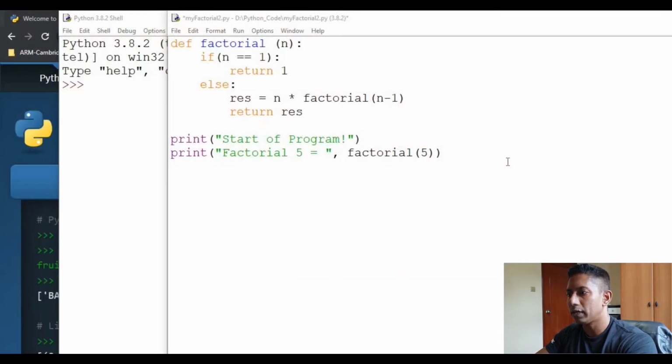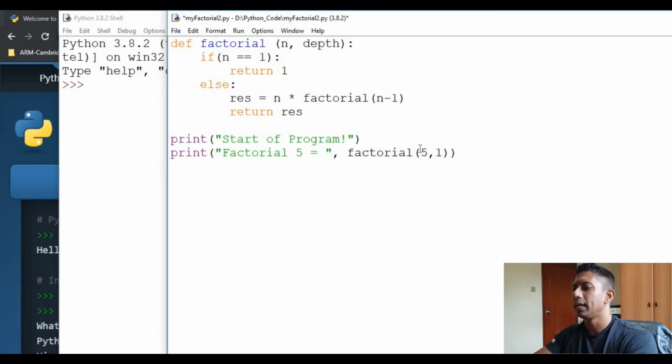So this is our factorial function that we have already developed. Now I'm just going to modify this. For the input parameters, I'm going to pass in one more parameter called depth. The initial depth will be 1, that is modified here. And now, for the exit condition when n equals 1, I'm going to